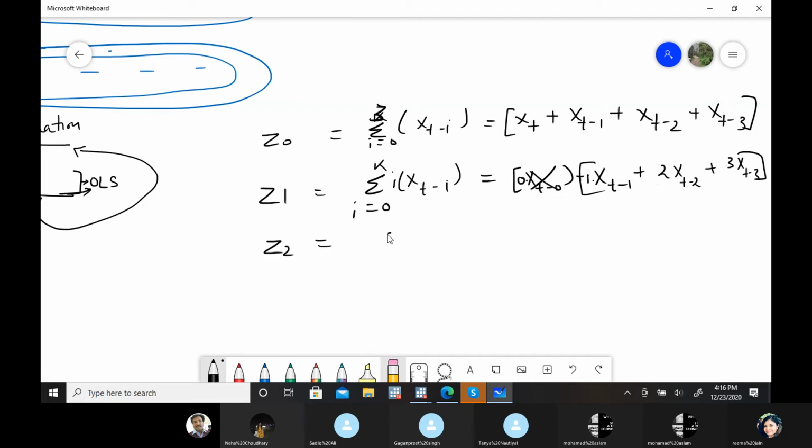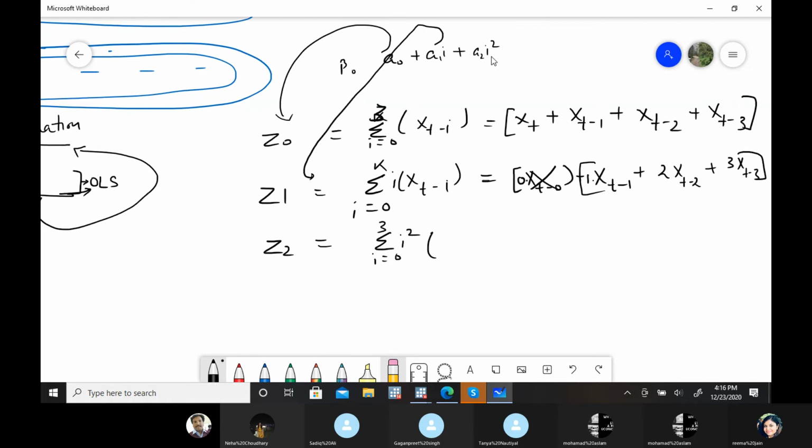For Z2, summation I equal to 0 to 3, now I square, because we have assumed that for a quadratic function, the beta coefficient is in the form of a0 plus a1 I plus a2 I square. So the first equation is for all the a0s, the second is for the I part, the third is for I square.